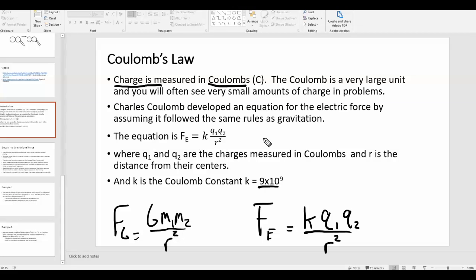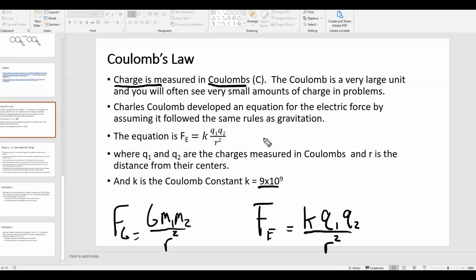Usually you see very small amounts of charge in problems because the Coulomb is a really big unit. The way this equation works is basically the exact same as Newton's law of gravitation, except instead of masses, you're dealing with charge. Aside from the fact that it's not the same constant, because you have the Coulomb constant instead of the gravitational constant, and the value is different,